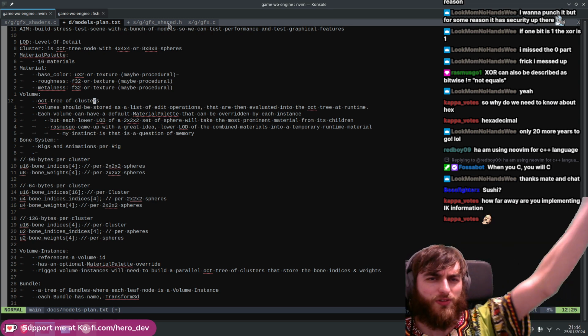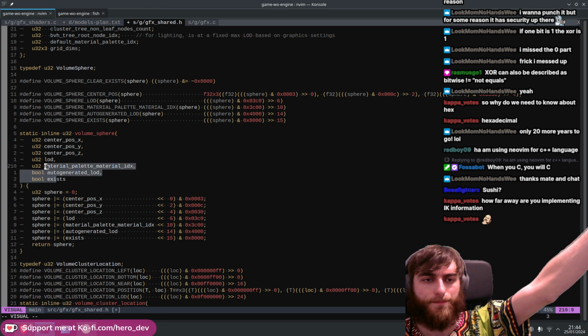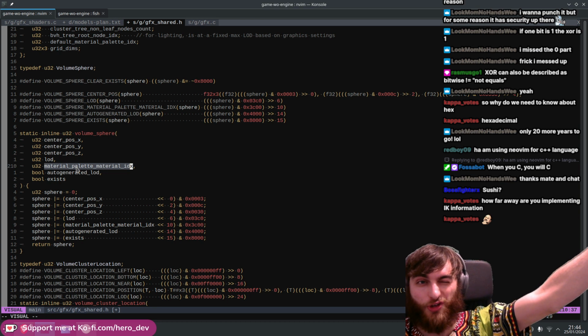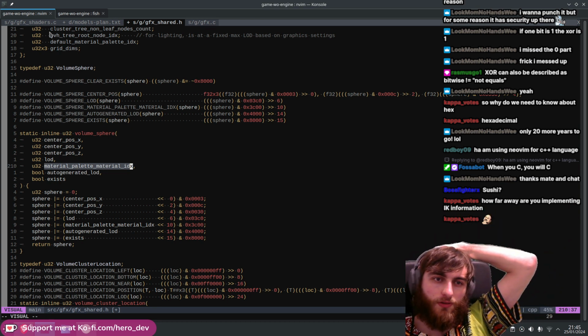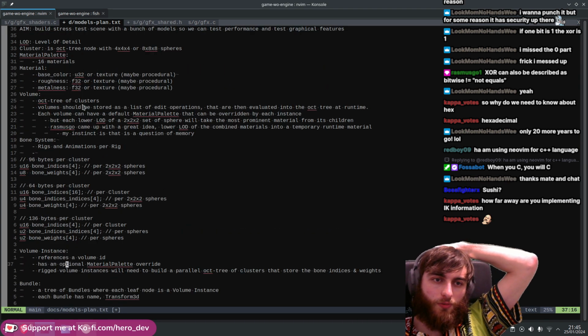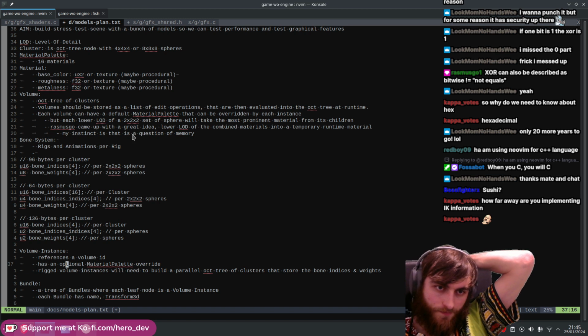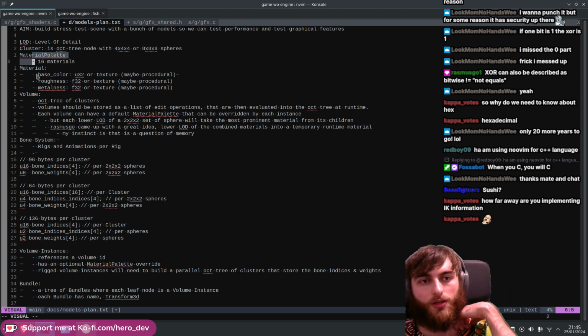What information do you need to keep now? You just need to know there's a sphere there, right? So you literally just need a bit set. The material palette could just go. We literally don't need a material palette anymore, because I think we can do this same idea. This would be really cool. So rather than having a material palette, even though it is kind of cool how you can just swap out, instead,